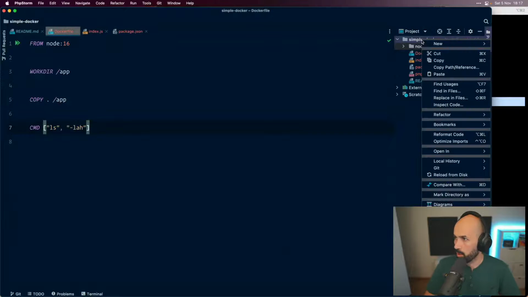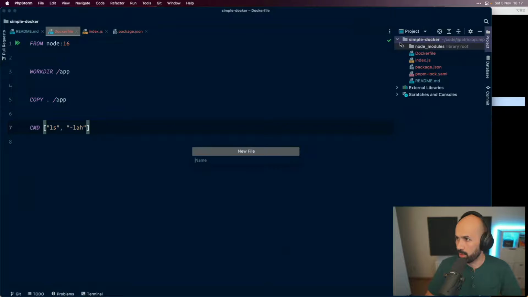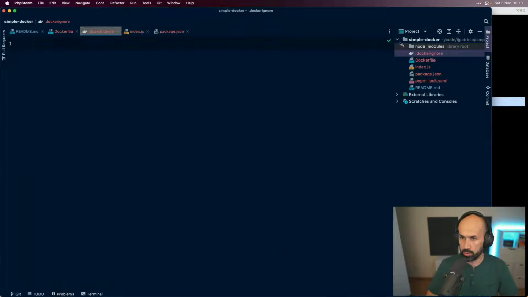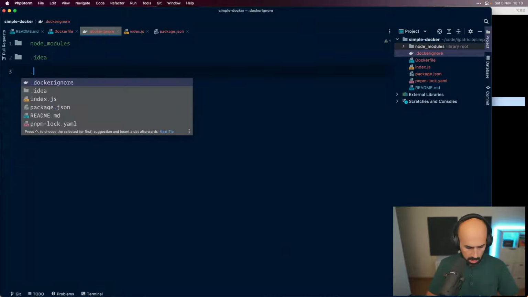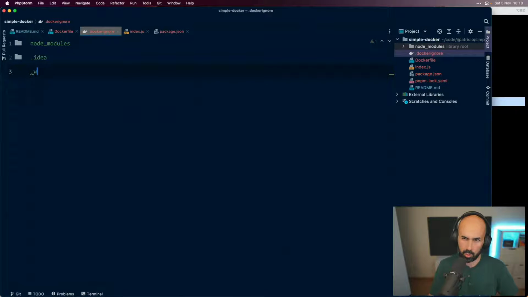So that we don't put any trash inside, we are going to make a .dockerignore file, just like a .gitignore file that we should also make. And we will ignore node_modules, we will ignore .idea, .vscode, .workspace, I don't remember how that is, doesn't matter.